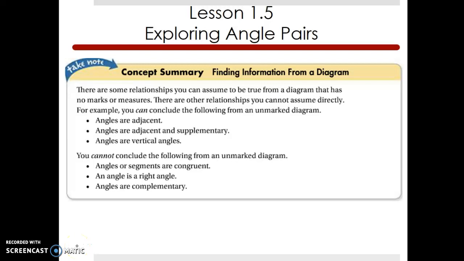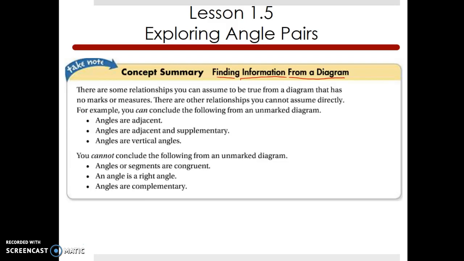Lesson 1.5, Exploring Angle Pairs, Part 2. What we're going to do in this lesson is two separate things. The first thing we're going to do is find information from a diagram. And the second thing we're going to do is use the relationships between angle pairs to find angle measures using algebra. So let's go over what information we can conclude from a picture when it's unmarked